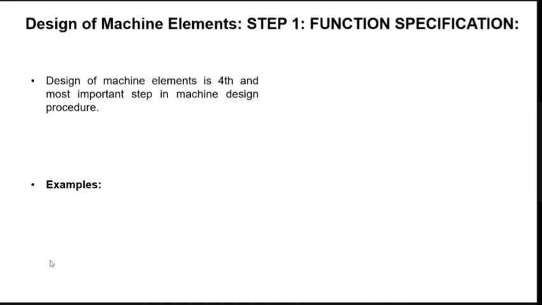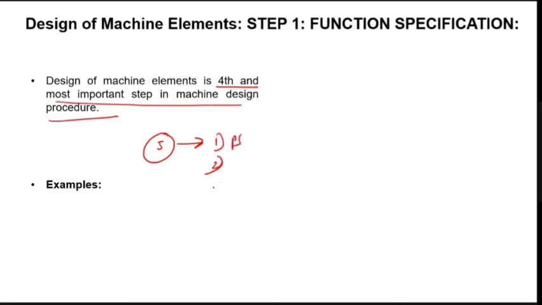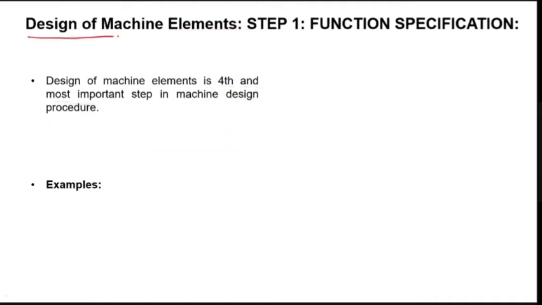Okay. So now, as I said, design of machine element is the fourth and important step in machine design. We have understood the 5 steps. What are the 5 steps? After product specification, what was the next step we have seen? Selection of mechanism. The third step is layout of configuration, the fourth step is design of machine element, and the fifth stage is preparation of drawing. Now, as promised, we will discuss in detail the design of machine element, which is the most important part, the actual part of your syllabus.